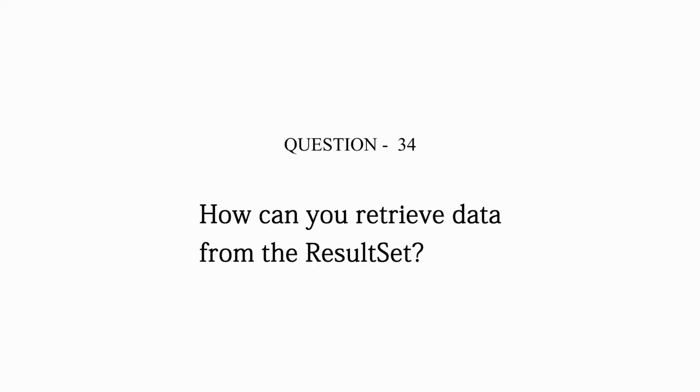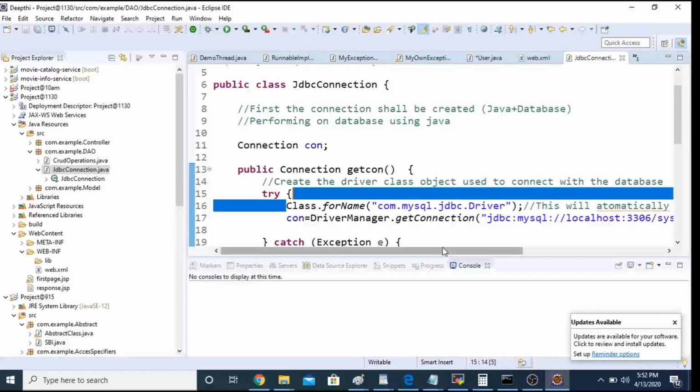Okay, the next question is how one can retrieve data from the result set. So generally you use this kind of method to get the data from the result set, and after that you have to use the while loop to basically get the details from the result set. Once you have obtained the database connection with the help of the statement object, you can use the execute query method to retrieve the data, and once the data has been retrieved inside the result set, you can go ahead with using a while loop and getting the data on your own. That is how you generally get the data.